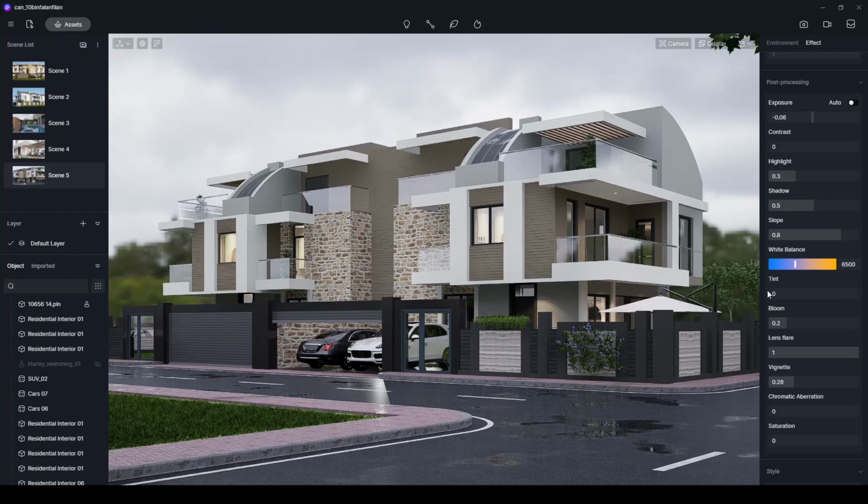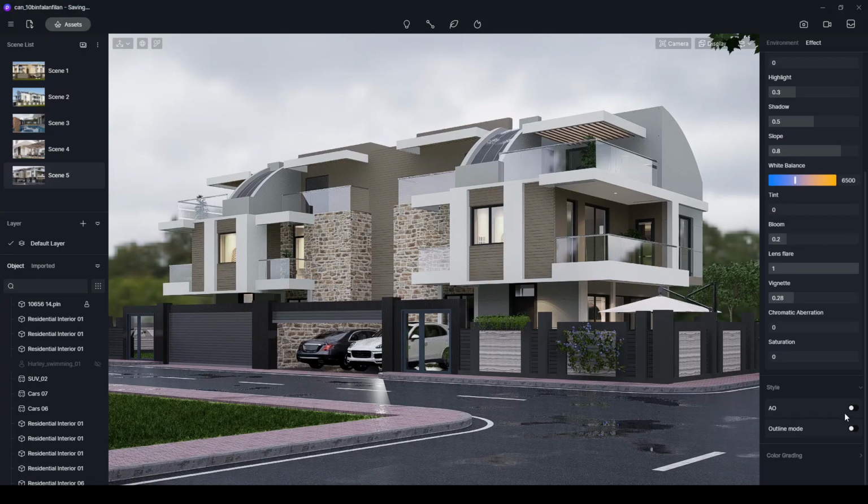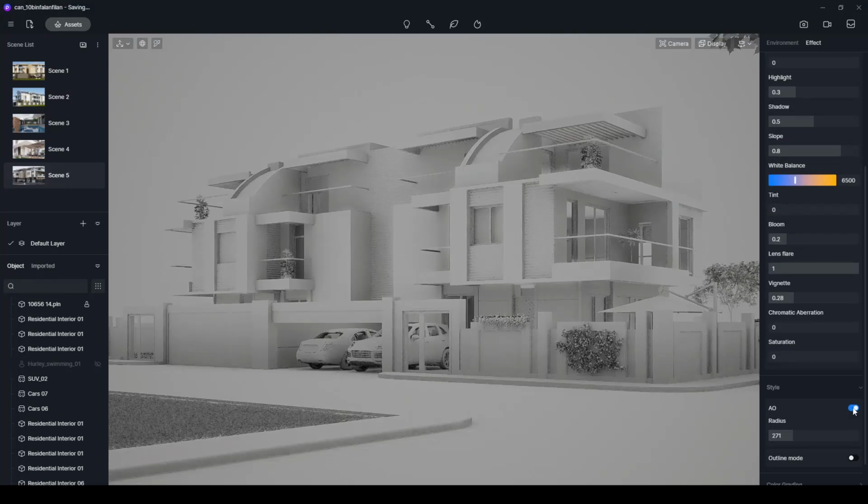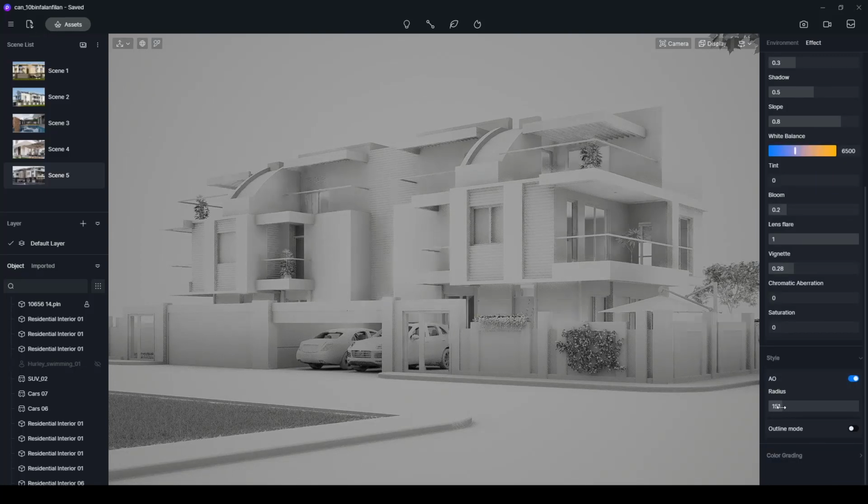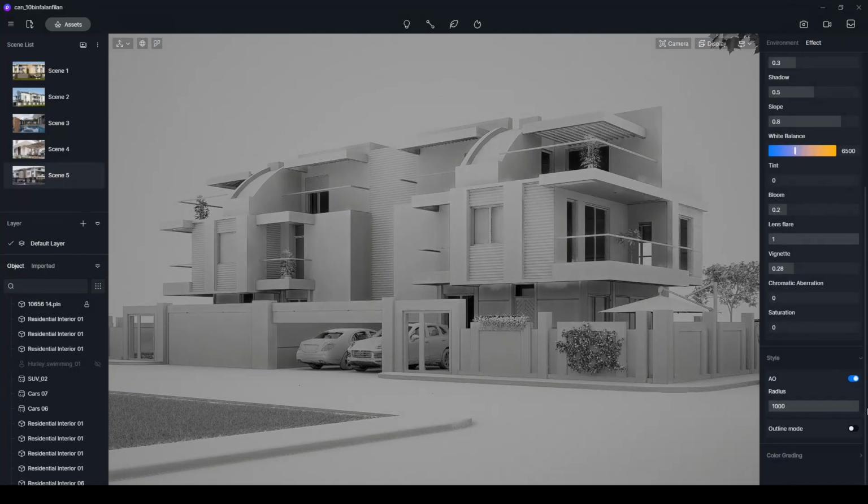We have new rendering modes, ambient occlusion style. We can change the radius and make interesting renders, and we can create different, attractive presentations with that. Also, you can combine it with the new outline mode.